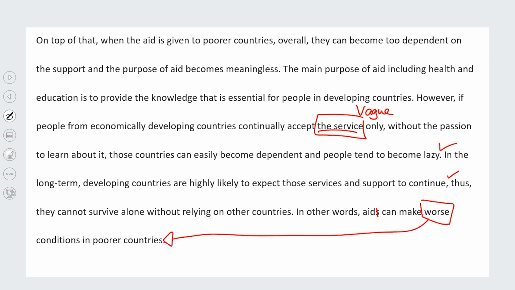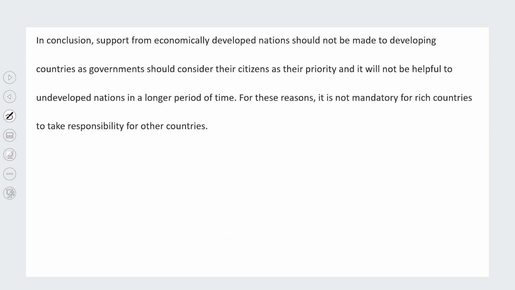There's still a little bit of vagueness, this idea of the service, provide the knowledge that is essential. I think that this, again, is a little bit vague, and it could be improved by giving some more supporting examples or being more specific about what exactly he means. And then when we get to the conclusion,